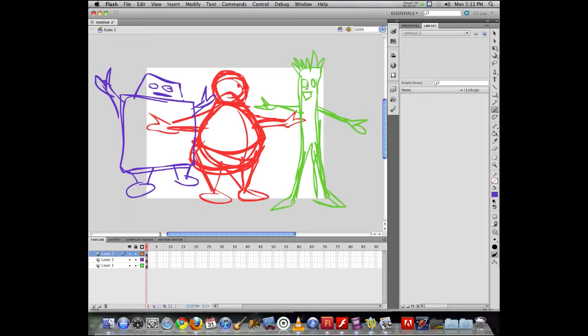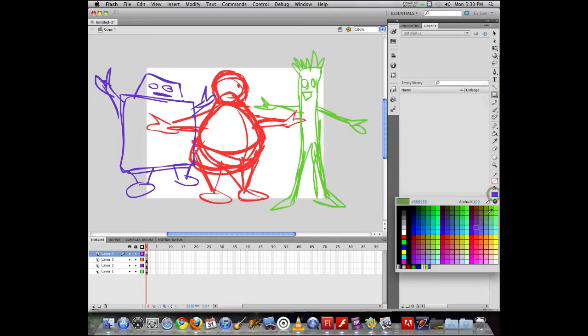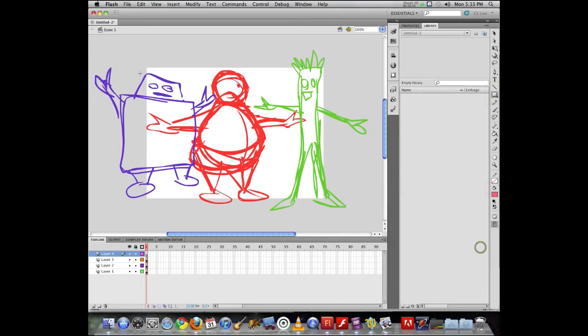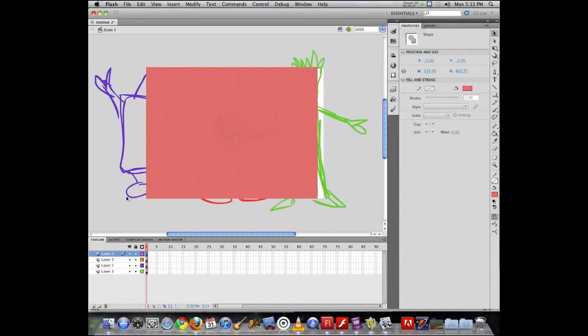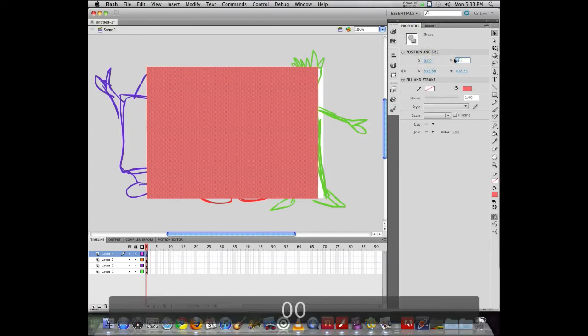When you have your characters, it's important as you start developing your assets to pay attention to what you're going to do for your backgrounds. Now, if you make your backgrounds precisely, exactly, and completely the size of the stage, you're going to find yourself very limited. So if I make this box and it's approximately the size of the stage, but it's a little bit small, and if I draw something and realize I want it to be exactly a certain size, in the Properties panel on the right-hand side, I have access to objects X and Y origin points, and